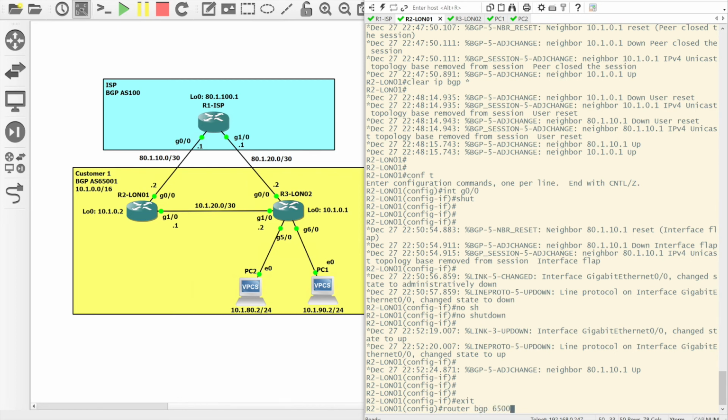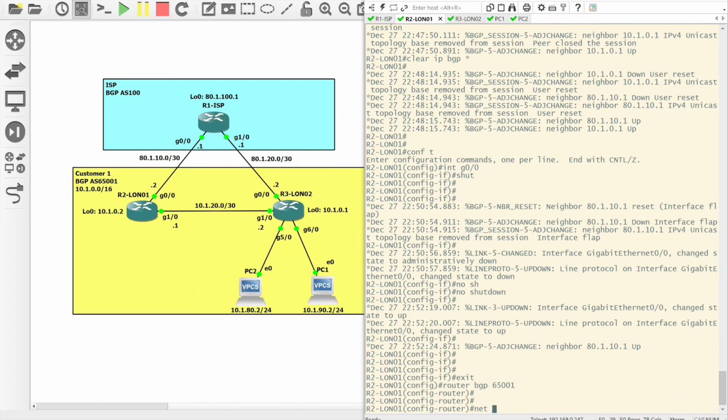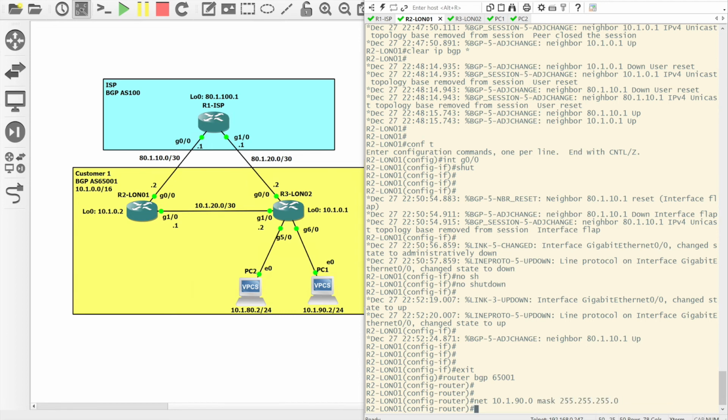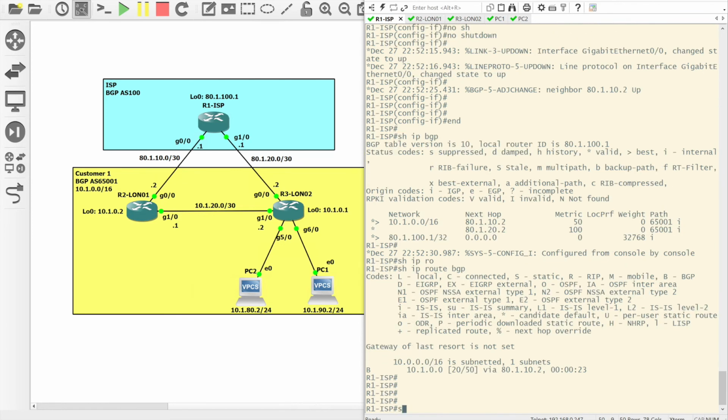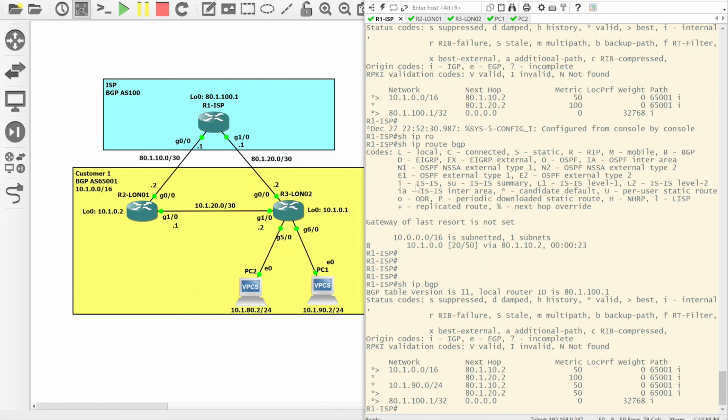Router BGP 65001, network 10.1.90.0, specify the mask. So if we come on to the ISP, do a show IP BGP, we can now see that we are receiving 10.1.90.0,